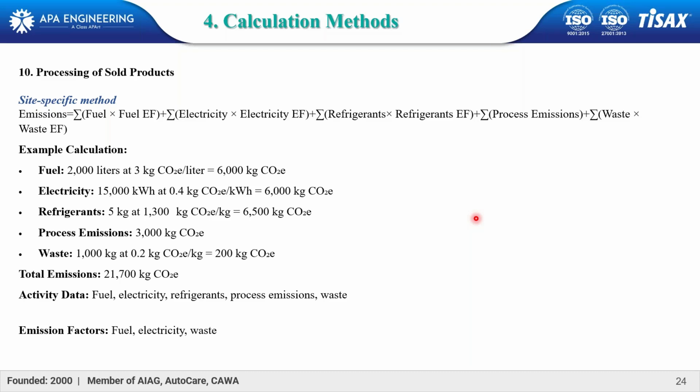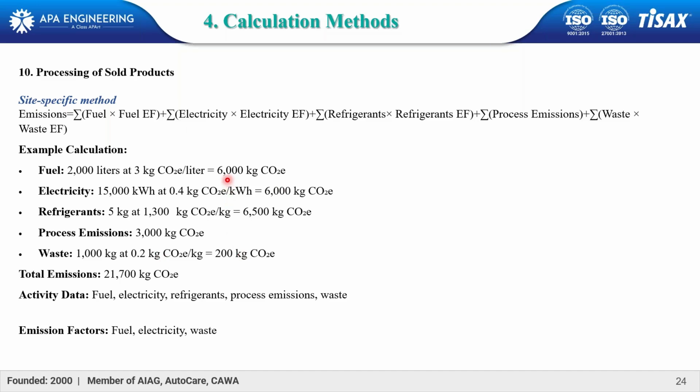Say that a product uses 2000 liters of fuel at the rate of 3000 kgs of carbon dioxide emitted per liter during that intermediate transition. So that would be 6000 kgs of carbon dioxide emitted. Similarly, the electricity, the refrigerant, and the process emission, the emission occurring during the transition process of the product into an intermediate product, and the related emission factor of that process emission. And the total emission would be the sum of all these